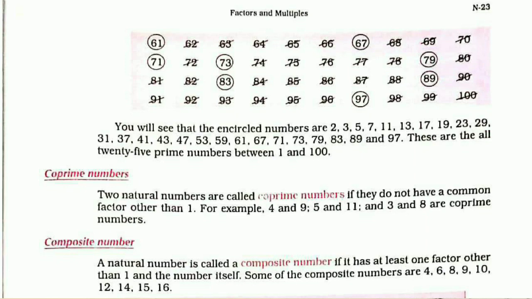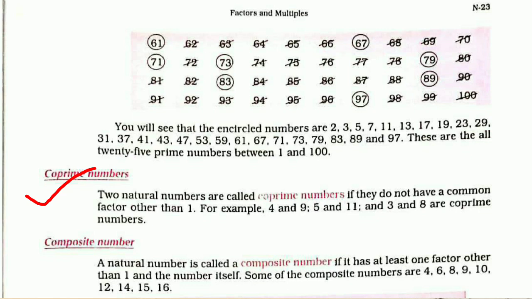Now we are moving to the next topic, that is co-prime numbers. Two natural numbers are called co-prime numbers if they do not have a common factor other than 1. Or in other words, it is not necessary that they are prime. Two natural numbers are called co-prime numbers if their highest common factor is 1. So the examples are these: